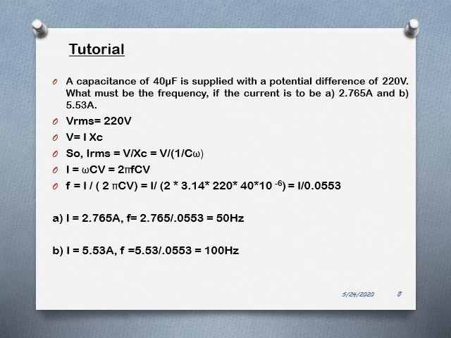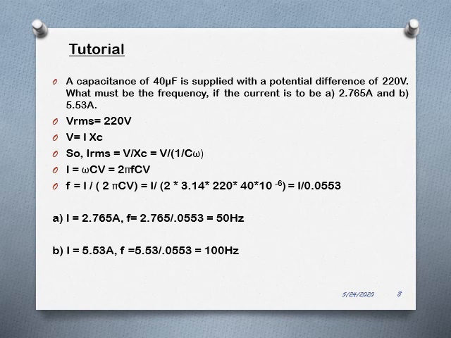So what all quantities are given? The V RMS value 220 volt is given. Capacitance C, 40 microfarad is given. So what is the voltage across a capacitance? V is equal to I XC, just like V is equal to IR for resistive network, V is equal to I XL for purely inductive network. So when V is equal to I XC, I is equal to V by XC. Since the voltage given is an RMS value, the current that you are going to find out will also be an RMS current. So it will become V divided by 1 by C omega. So I is equal to omega C V.